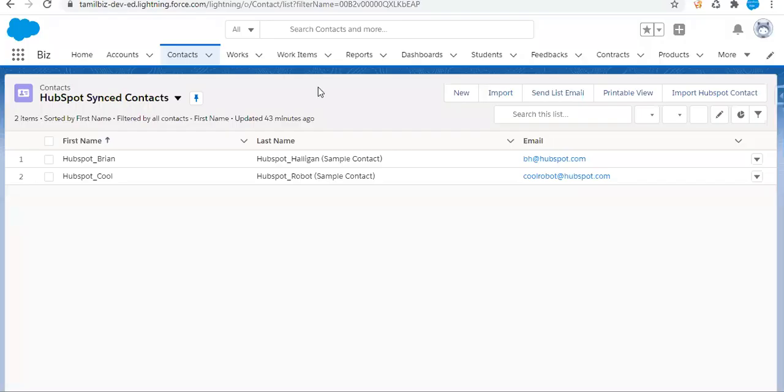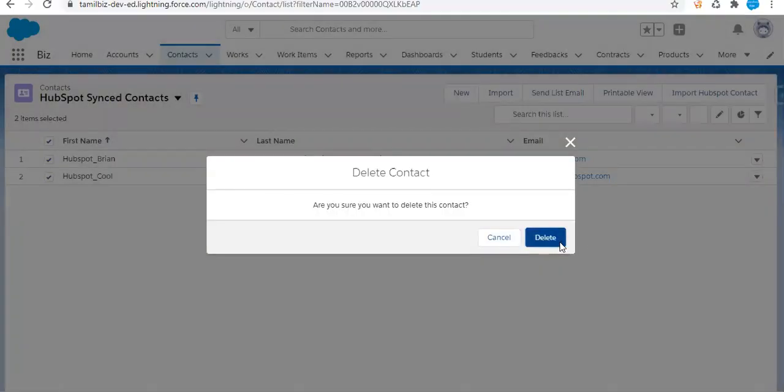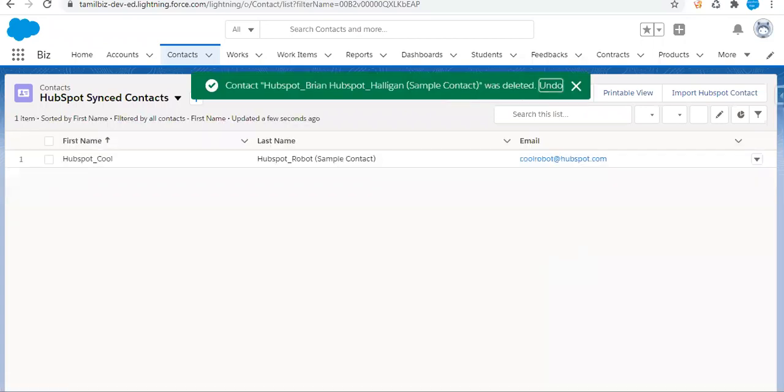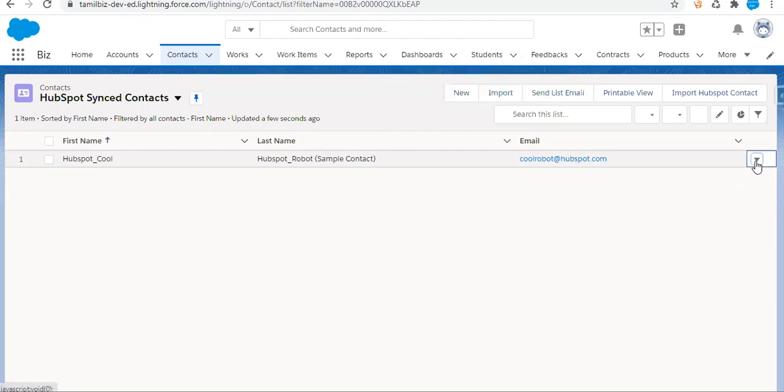Salesforce part. So these contacts, I already brought from HubSpot. Let me delete this contact. I am deleting both contacts.